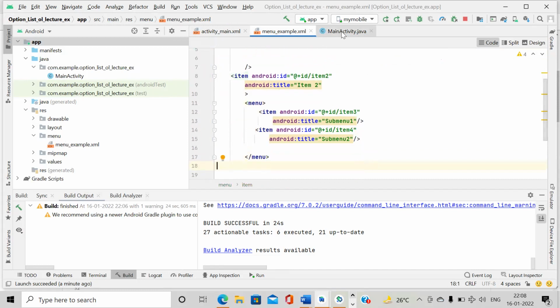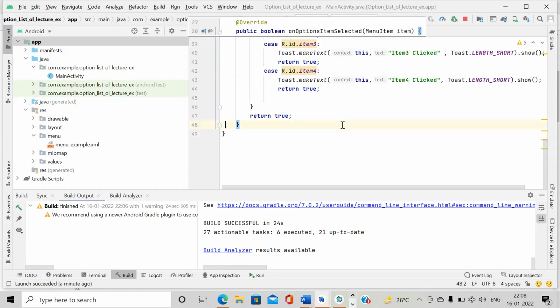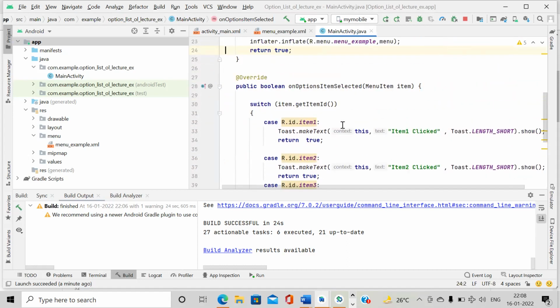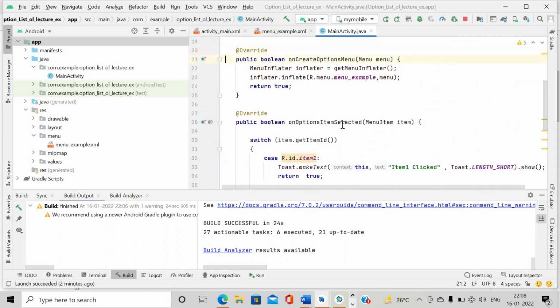And after that, we write the code for the option menu. In that we use the method onCreateOptionsMenu. In that we create an object of MenuInflater and use the inflate method. In that we pass the required attributes, and we create one more method, onOptionsItemSelected.